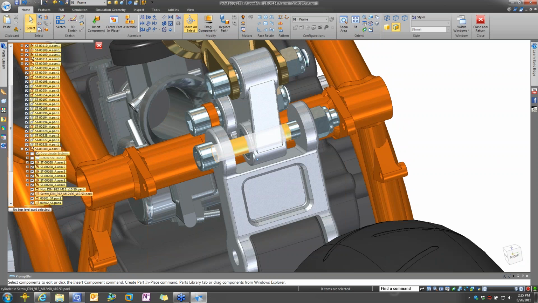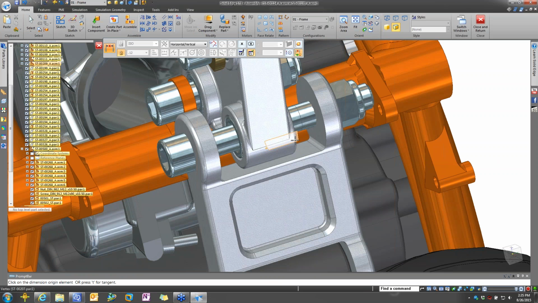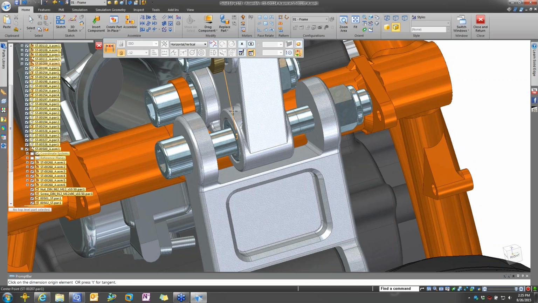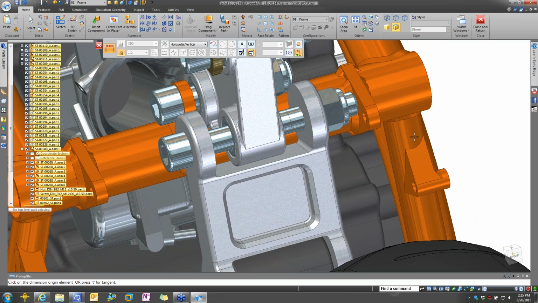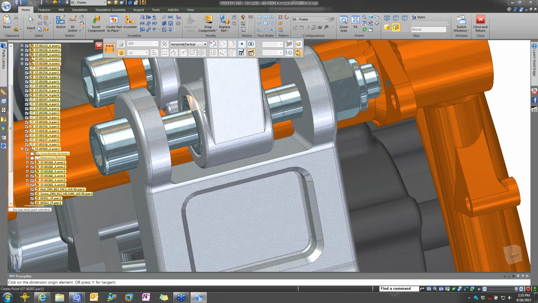So I can do something very similar on these other parts. If I wanted to come in and maybe add a dimension on some of these other components, I can do that very easily as well. I simply select the faces or the features that I want to place a dimension on, and I can go through and add that very quickly to these components and eliminate that slop. So what we'll do is I'll come in and I'll select that edge or that round. And you can see we can get different point locations